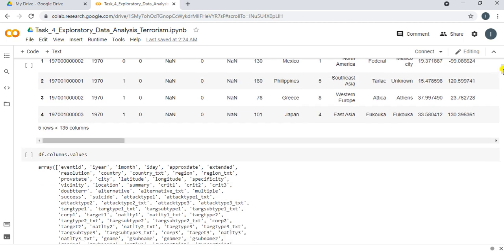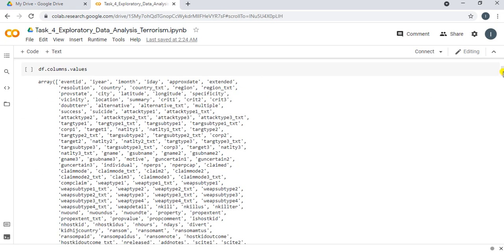But we need to extract the column names from the data set. To do so, columns dot values is used and these are the column names of the given data set which consist of 135 column names and we need to rename some of these column names so that they would be understandable to everyone.